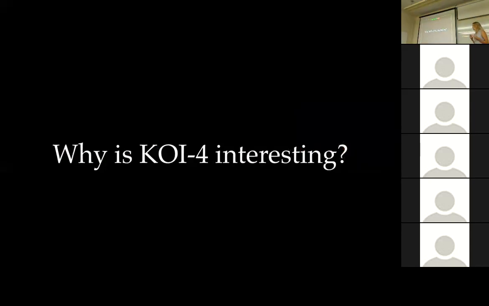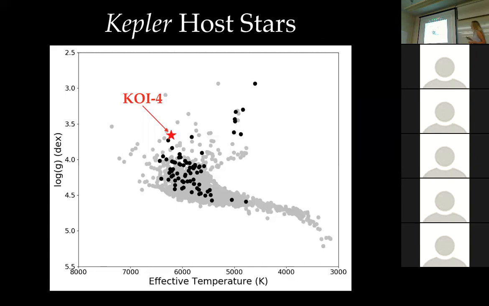So characterize the system, confirm the system, characterize the system. Why is this scientifically interesting? If we go back to the diagram that I showed earlier, this time I'm only showing confirmed exoplanet hosts in gray, and then hosts for which we have oscillations in black. What I want to point out here is that this is the main sequence, where the stars are in their core hydrogen burning phase. As they exhaust all of their hydrogen and start evolving, you can't really see it, but this is the red giant branch here. They go through this subgiant phase. As you can see, it's a little bit sparse, and that's because this is a very rapid phase of stellar evolution. We don't know of many planet hosts in this regime.